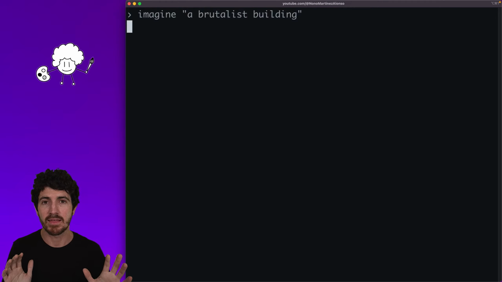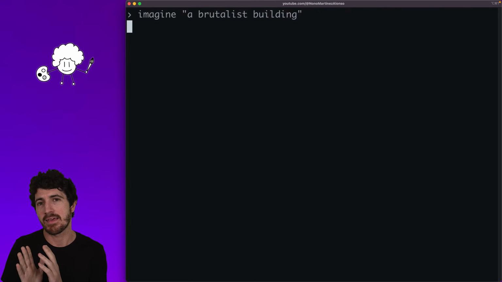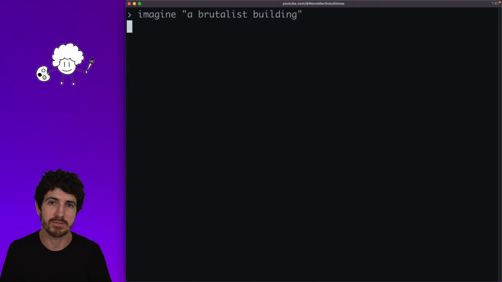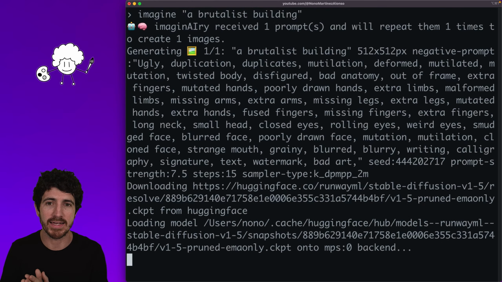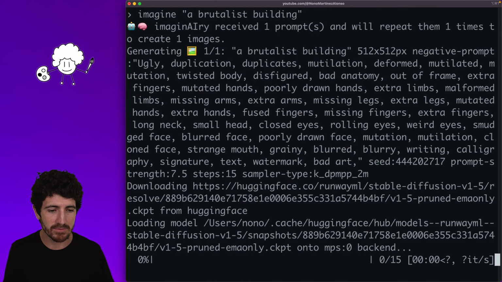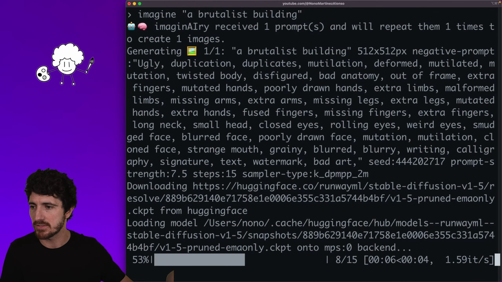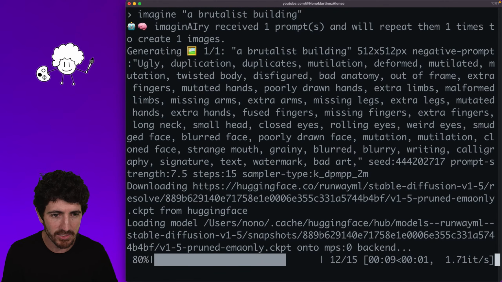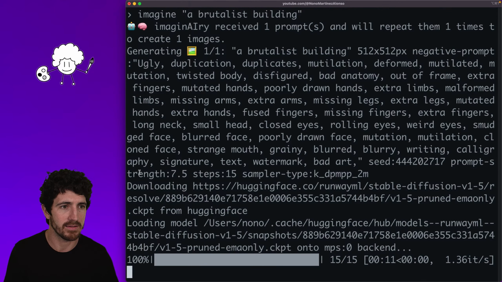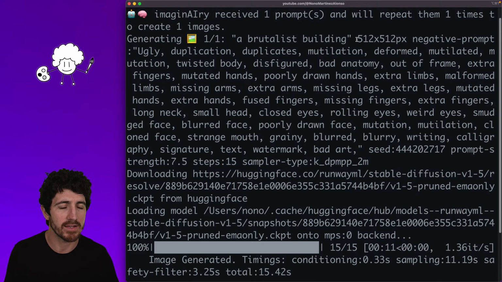I hit enter, and there are many default values for parameters. For example, prompt strength is set by default at 7.5. Steps is set by default at, I'm not sure if 15 or something like that. The seed is random. You can see steps are set to 16 by default, and you actually get 15 generation steps. And when you get here generating a Brutalist building, 512 by 512,